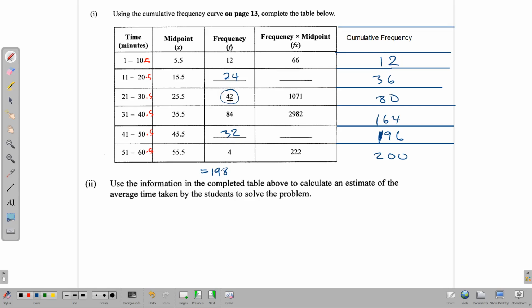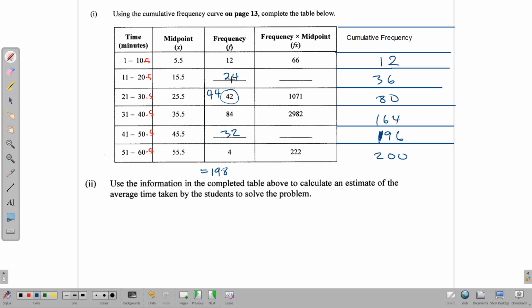where this number should not have been 42, because if you look here, 36 minus 12 gives us 24. 80 minus 36 doesn't give us 42, it actually gives us 44. And that's where the missing 2 would come from. So this number should actually be 44 and not 42. That said,